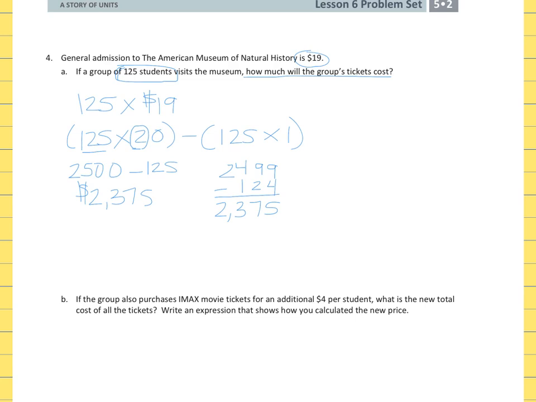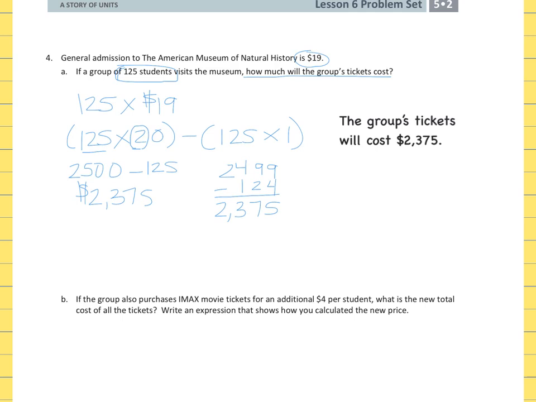And now let's write our sentence out for the question, how much will the group's tickets cost? So answering that question, the group's tickets will cost $2,375. Dollar sign in front, or the word dollars in the back, with a sentence ending punctuation mark to complete your sentence. And then we'll go down to the second part of question number 4 that adds some more complexity